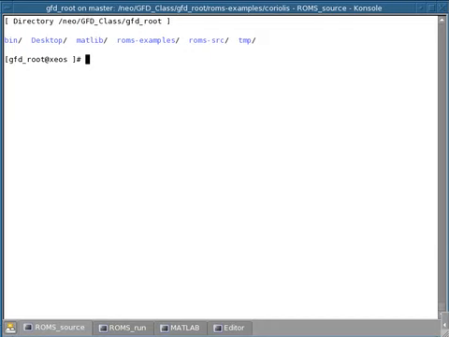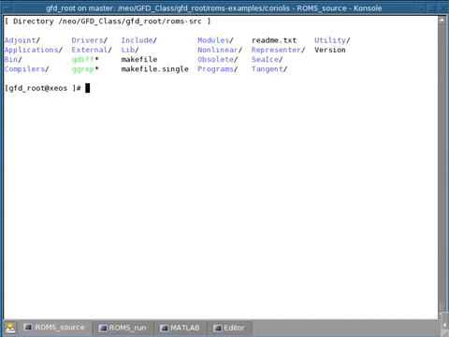This demo is about an overview of the directory structure of the ROMS source code. Once you log in on the cluster and open a terminal window, in your home directory you'll find a whole bunch of directories, and we're going to go now into the ROMS source directory. Okay, if I do an ls and return, I can see all the directories and files in this source